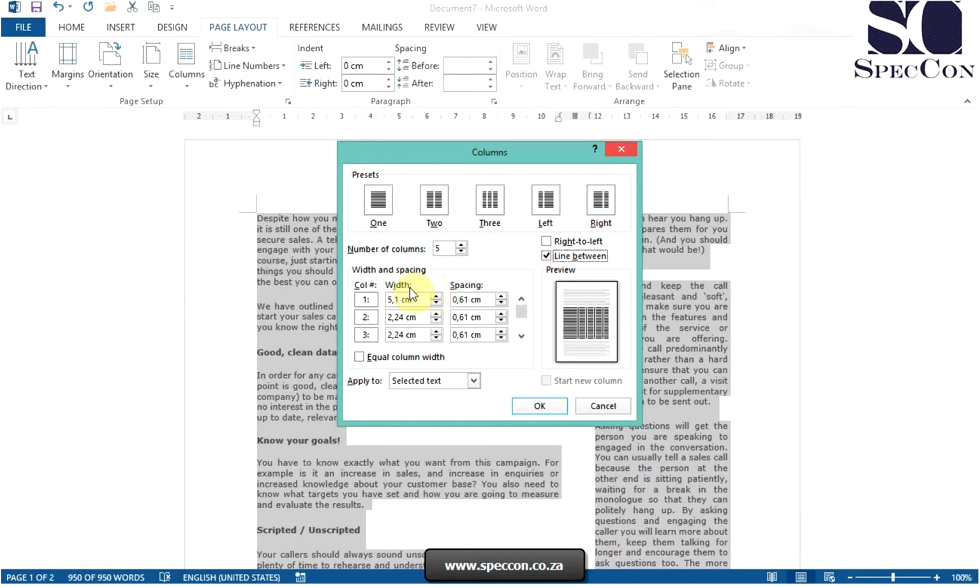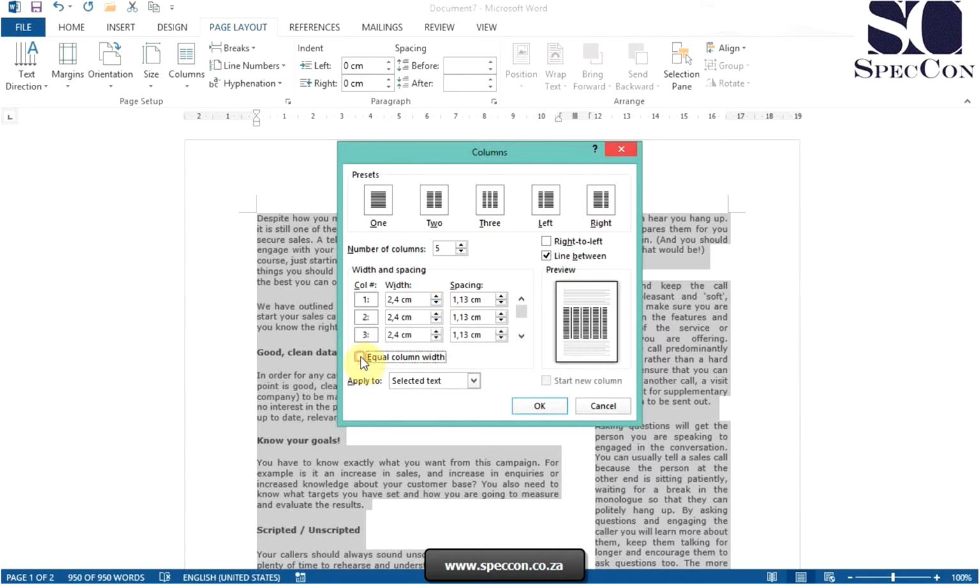And then here we can select the actual width and spacing for each column. We can have equal column width if we tick that box. So I'm going to narrow it to 2.5, and you'll see that the spacing changes when you change the width and vice versa.